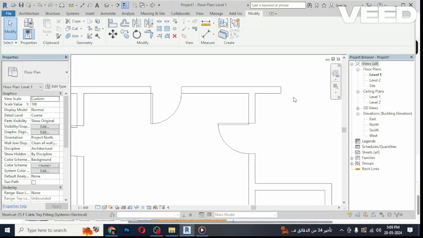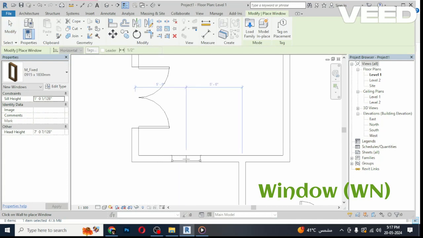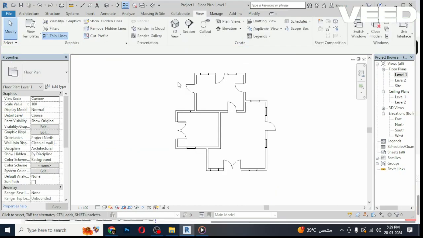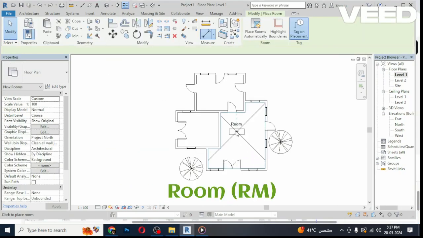Next is TR for trim. As I want to trim this part of the wall, I am selecting the rest of the walls that I want to keep in my project, like this. WN for window, CM for placing component, RM for rooms,